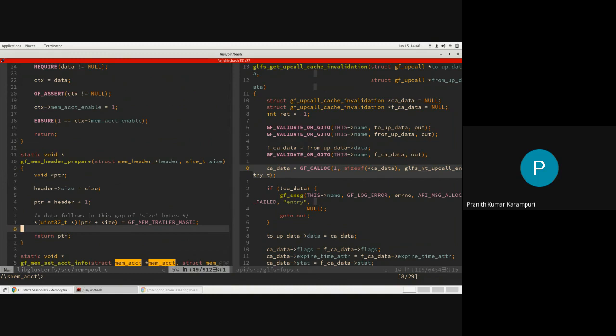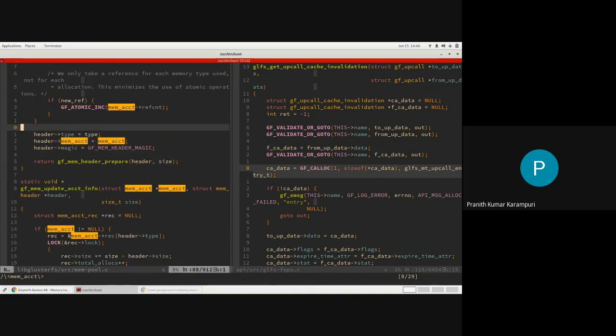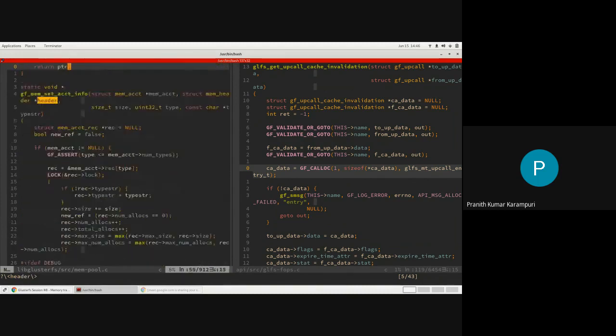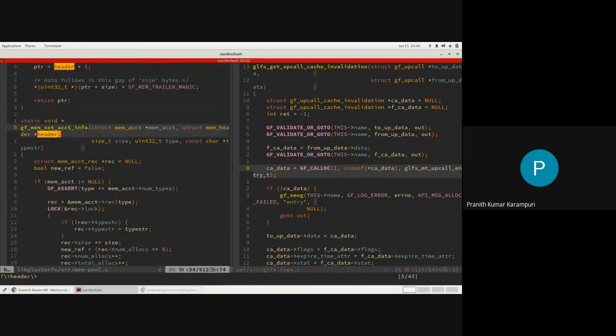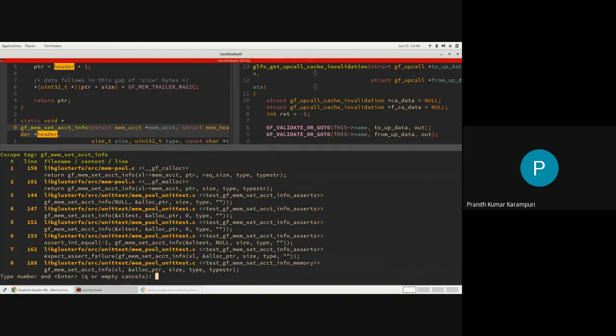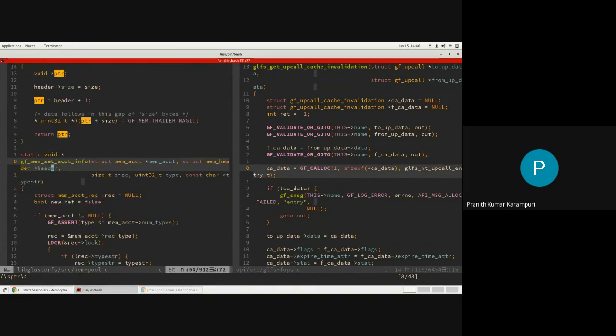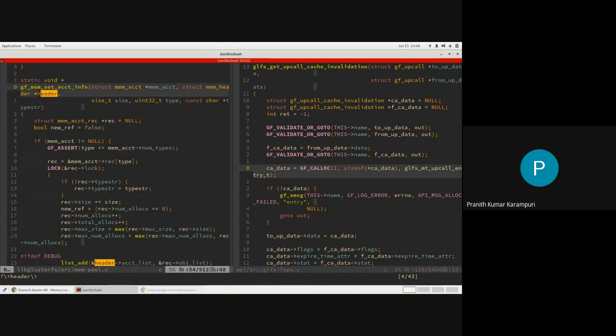Okay, one second. This header is like the initial part of the same memory that we are passed. Is that right? Yeah. So this ptr is the one that got allocated, which is being treated here as a header because that is the starting point anyway. Okay.